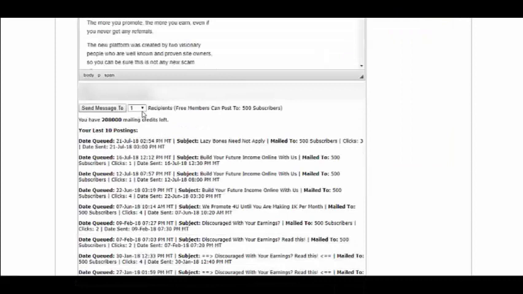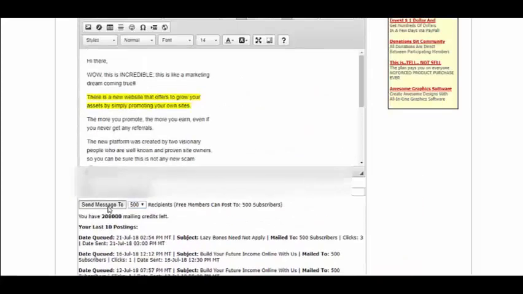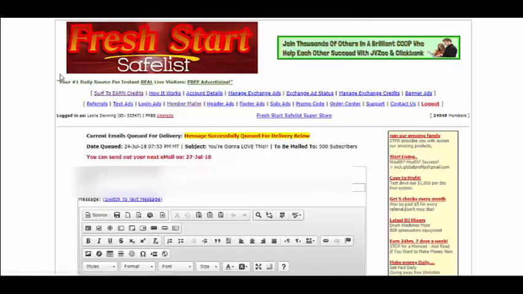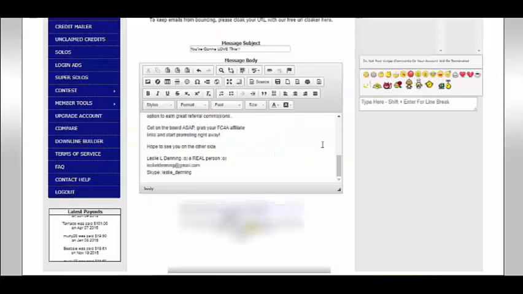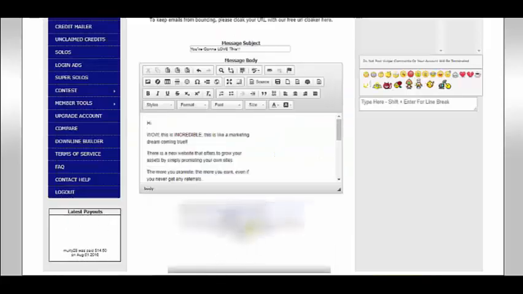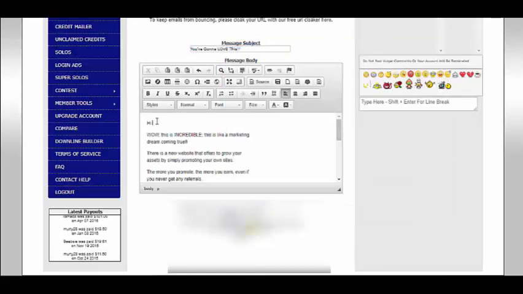And then with this one, free members are allowed to send to 500 members, so I scroll all the way down, and then I just hit send message to, and that one is queued for delivery. Now this one is another one of these like Marty's site that uses this, so I'm going to do Control C to copy that, and then Control V, Control V, and again